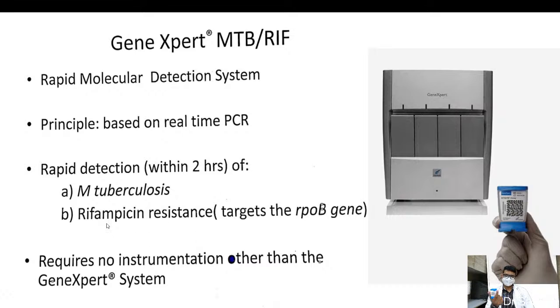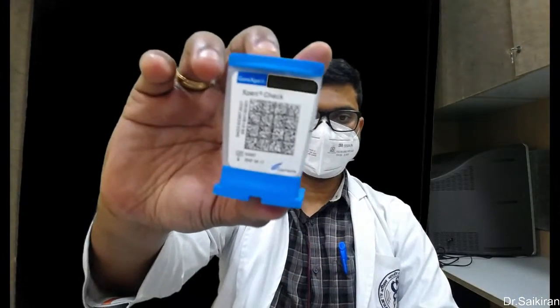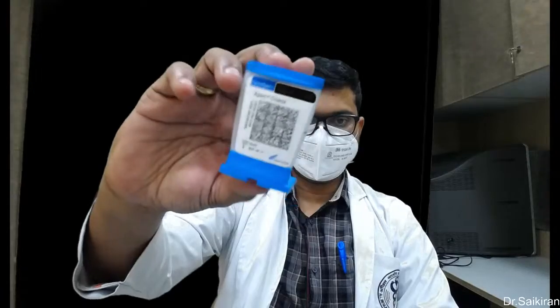also here we can detect the rifampicin resistance by targeting rpoB gene. Okay. So it requires no instrumentation other than this system. This is the instrument GeneXpert, where we have modules over here. In each module we can fit this cartridge. So this is how the cartridge looks. So this is the GeneXpert cartridge,